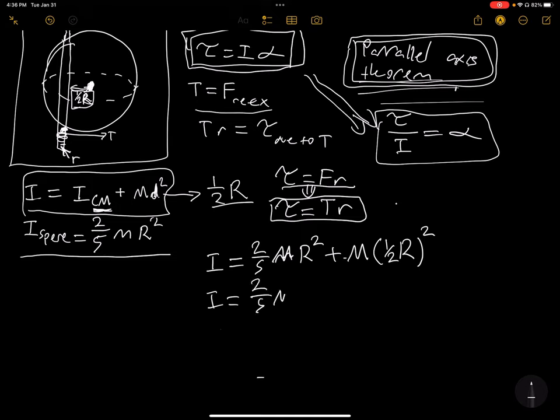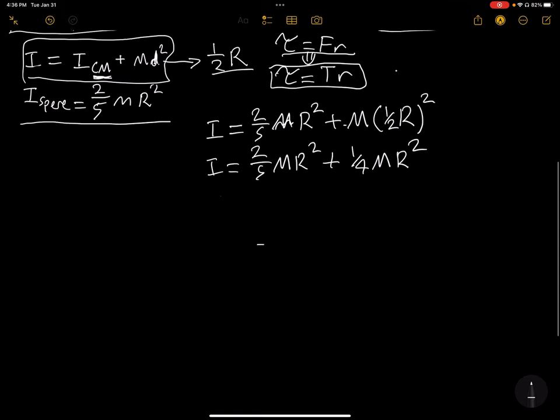So 2/5 M R squared plus 1/4 M R squared. And as you can see, this really makes things real straightforward for us. All we have to do now is, if we want to just add those fractions up and turn it into one expression, which I don't see why not,